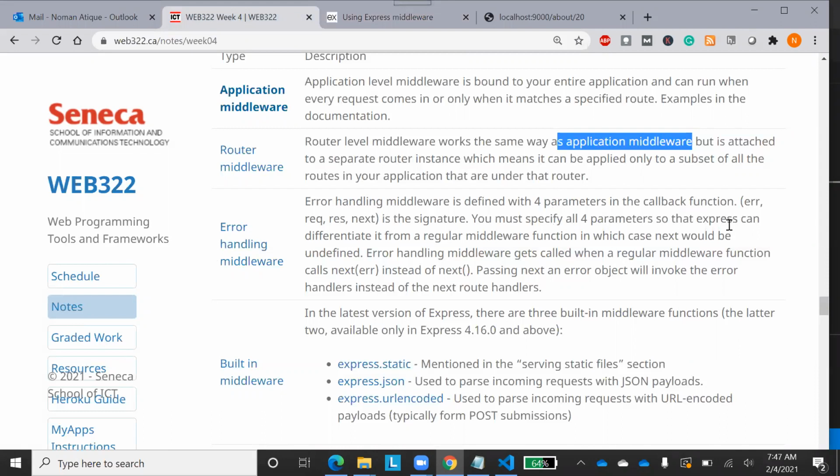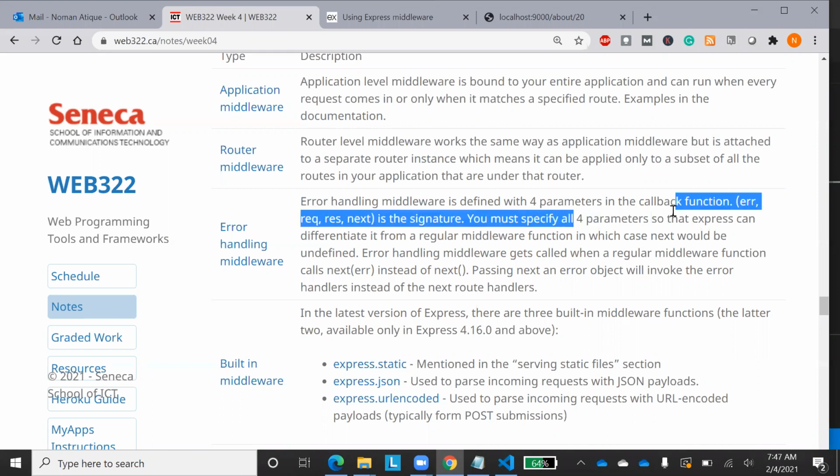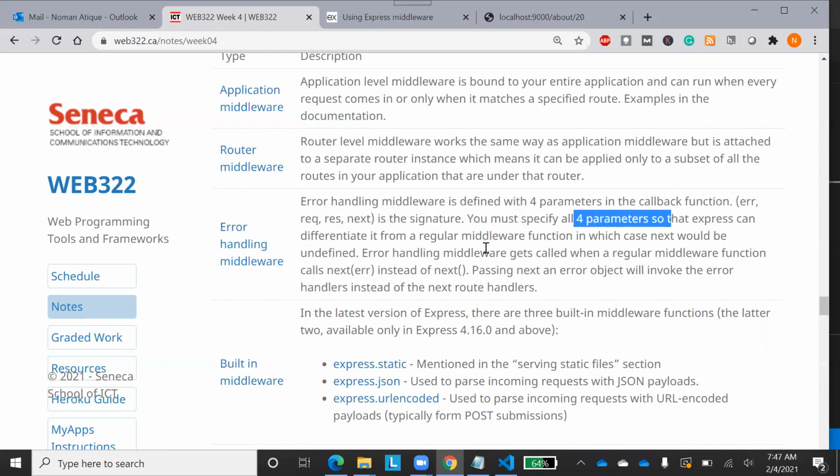You must specify all 4 parameters so that Express can differentiate it from a regular middleware. So an Express error handling middleware will have not 3, rather it will have 4 parameters, which means it will have an extra parameter of err. So you must specify all 4 parameters so that Express knows that this is not a normal middleware, rather it is an